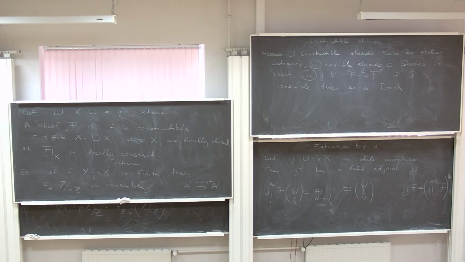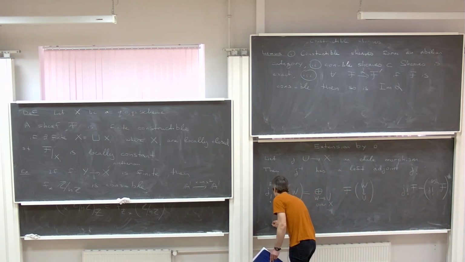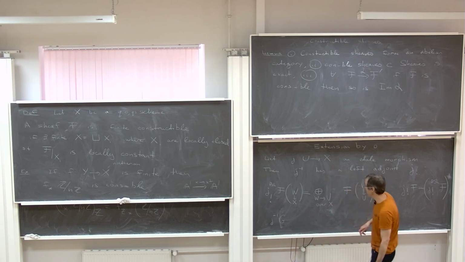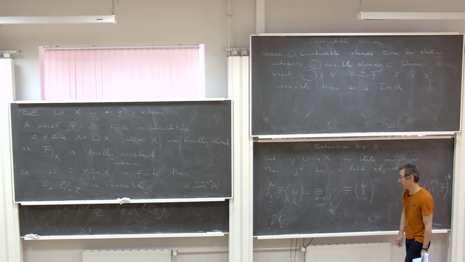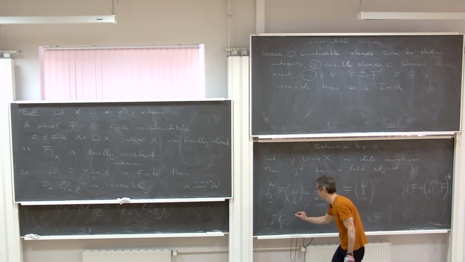So, by the way, what is J inverse of G? Let's convince ourselves that this is indeed left adjoint. In order to do this, you have to recall what is